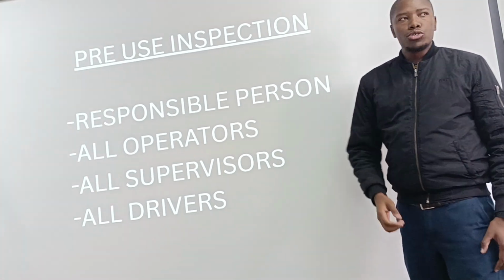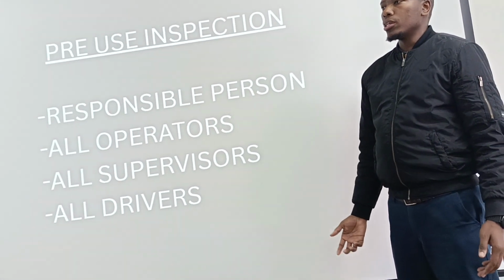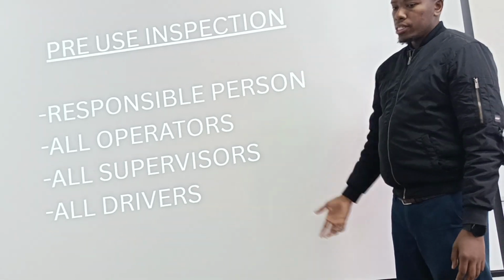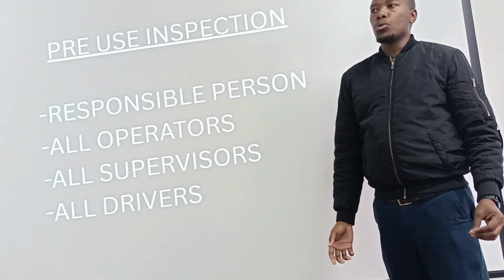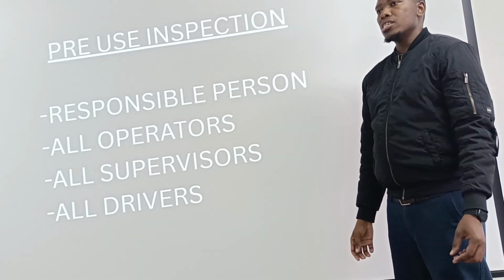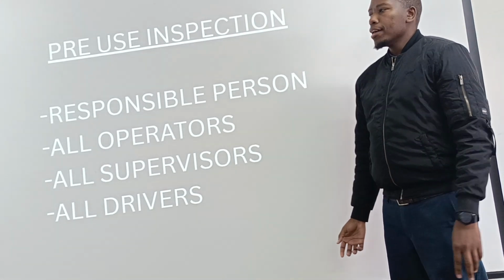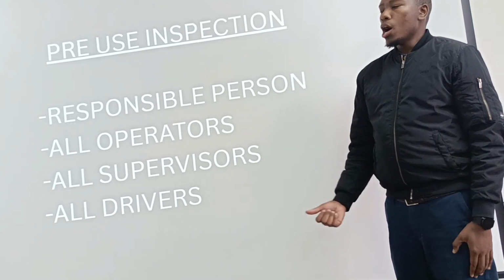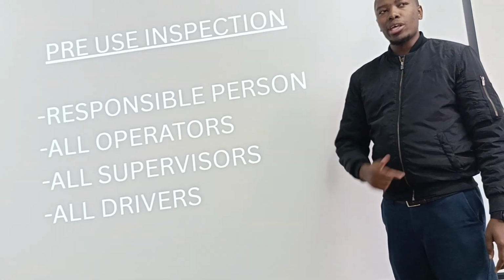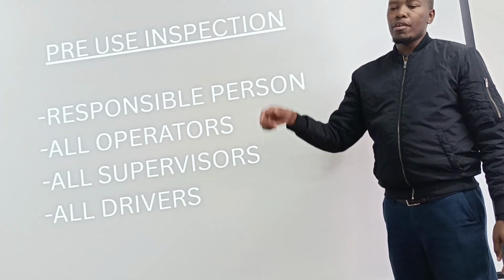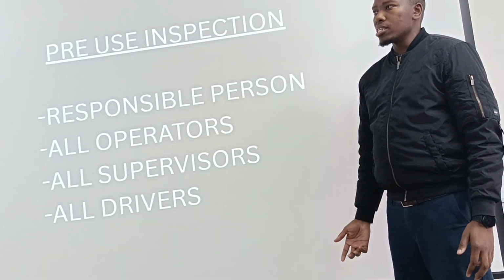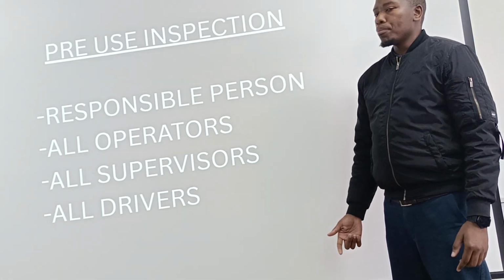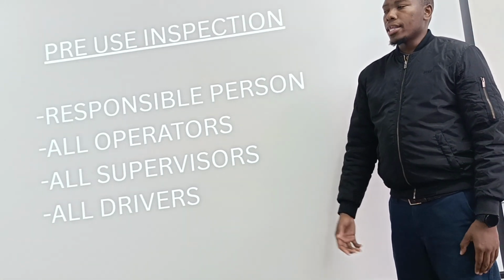So now we'll talk about the inspections that are done on the machines and the buckets. So there's pre-use inspection. Pre-use inspection is the inspection that we do before the use of the machine or the use of a bucket. So always before you use the machine, you have to do what we call pre-use inspection. How do we do the pre-use inspection? We first do the walk-around inspection to check that everything is fine and there are no damages on the outside. Then you can get inside the cab or inside the bucket to do the other inspection,